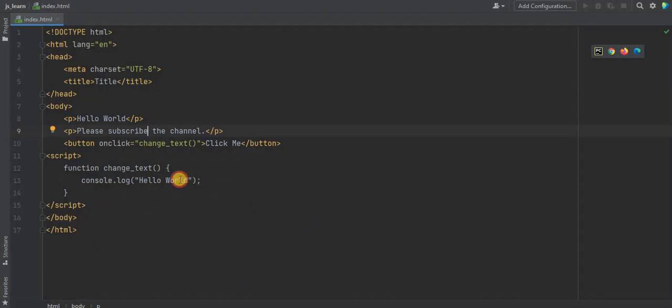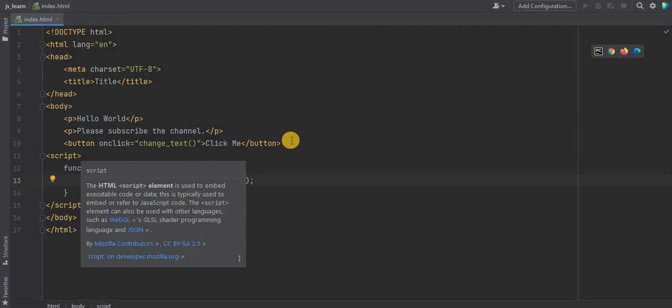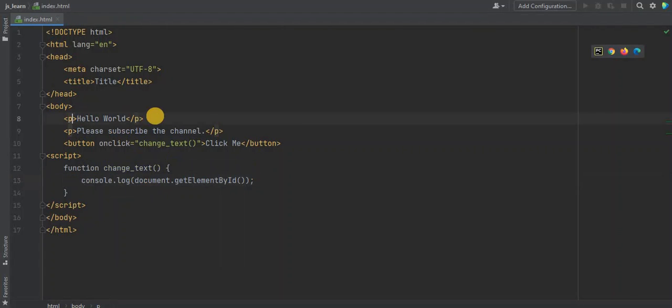Before doing that, let me show you something more. If I write here document.getElementById, and inside the parenthesis I will write the ID which the tag possesses.